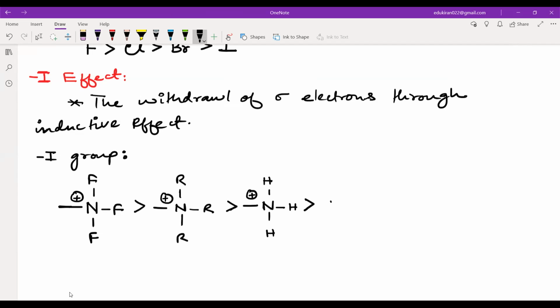Similarly, you will have an NO2 group attached, with nitrogen and two oxygens. That is also going to increase the electronegativity. Then you will see a carbon triple bond nitrogen. Why is this carbon taking up electrons? First of all, it is attached with nitrogen, and more importantly, this carbon is sp hybridized. If there is more s character, that means the electronegativity is high. Similarly, you will have higher electronegativity if you have a C double bond O group attached, with a hydrogen here. Now this will be followed by a ketone group.